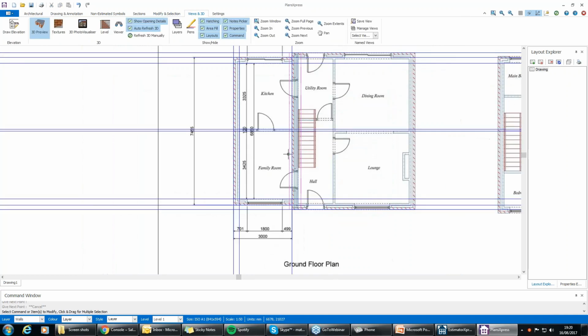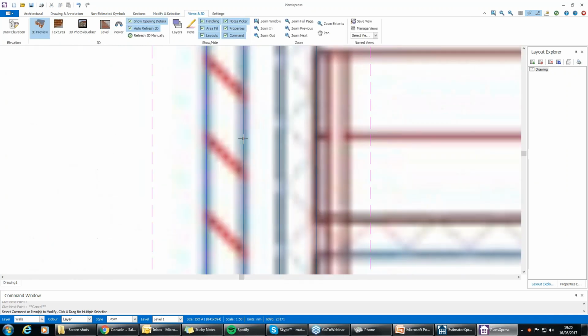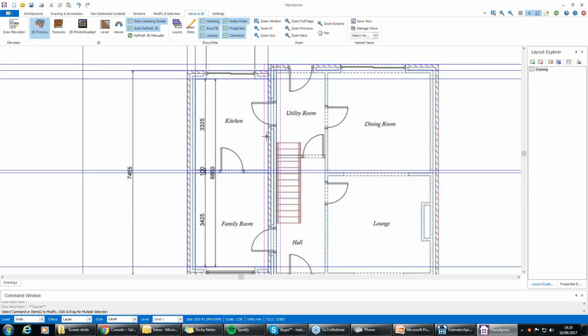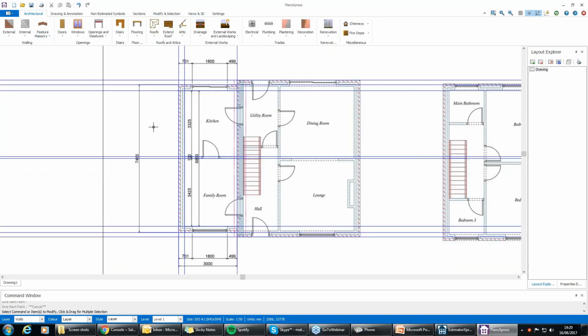I've now got that wall in there, but as you can see, the red lines have gone. It's just filling that in for me, which is quite handy. Everything else I build after this is going to be estimated. Now,